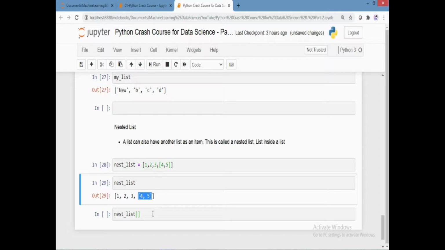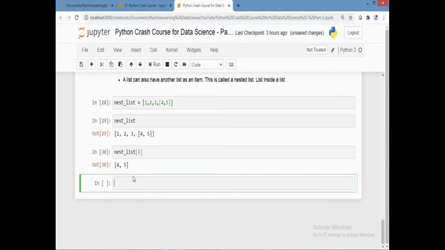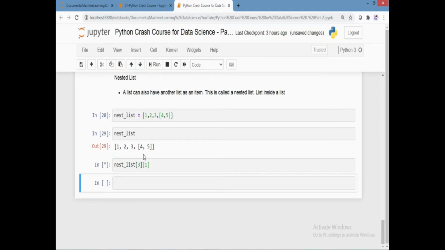Up to index 3 is there. So we want this one, 0, 1, 2, 3. Let's call 3. We can see 4 and 5, but our target is to find this 5. So how can we do that? We can again use one square bracket and call 1. So we can see the output as 5.